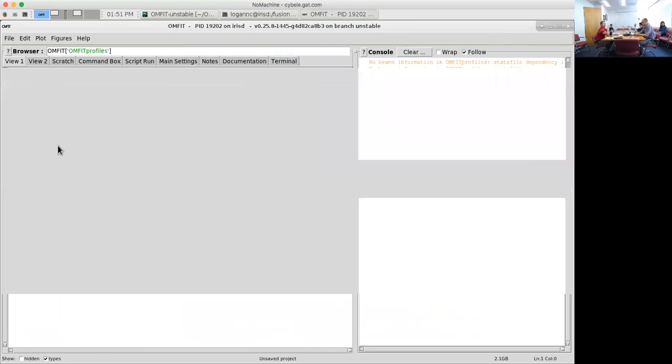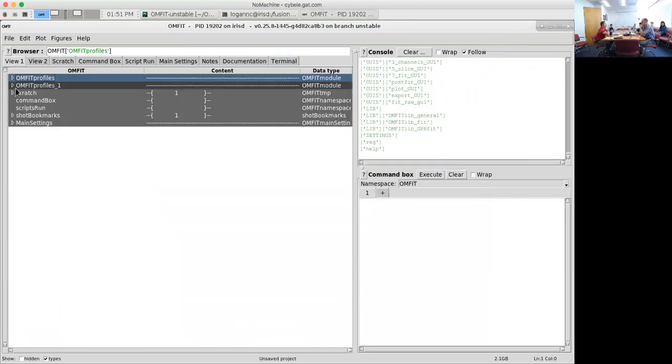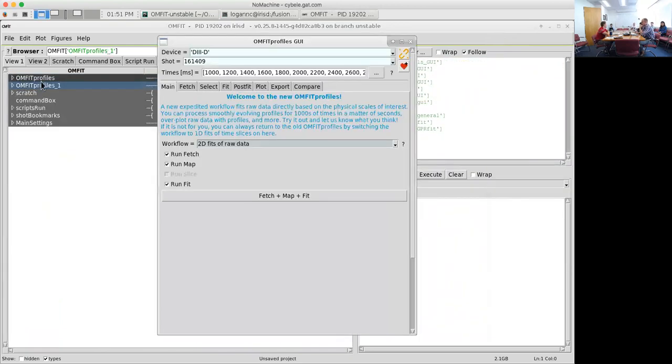Since we don't have a tutorial for the 2D, this is a good reference for pointing. Okay, people, so this is an under construction alternate workflow for 2D fits, where we fetch the raw data, map it into space, and then we don't bother slicing in time before fitting in space, but rather we do a 2D time and space processing of the data. Okay, so all the fetching and selecting is all the same,